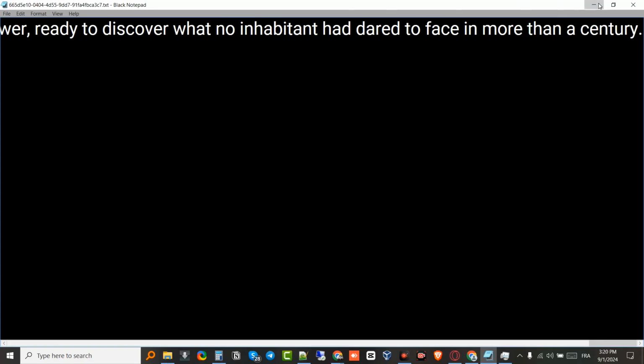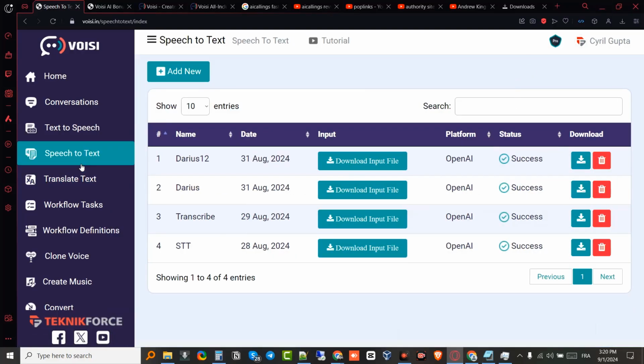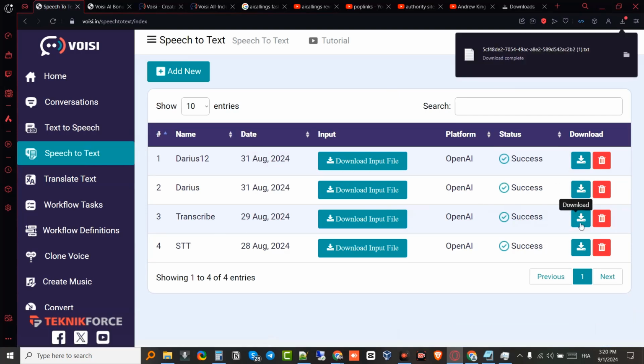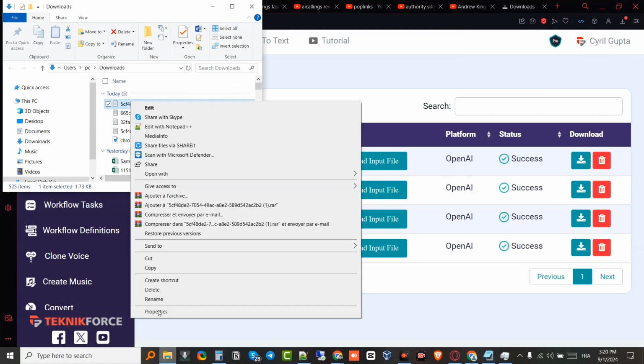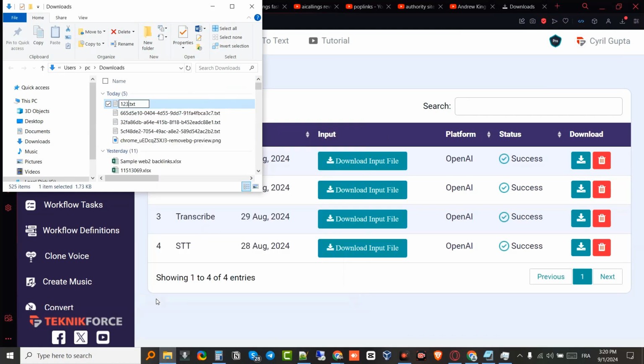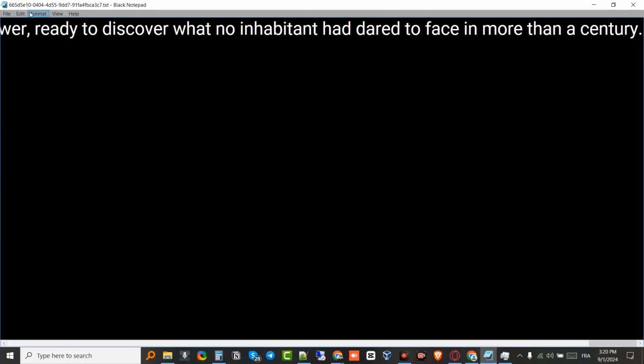So if I download the speech to text here, let's download another one, for example this one, and try to open it. Let me rename it very quickly so we can identify it. Let's rename it to 1 2 3 4, and open it up with my notepad.